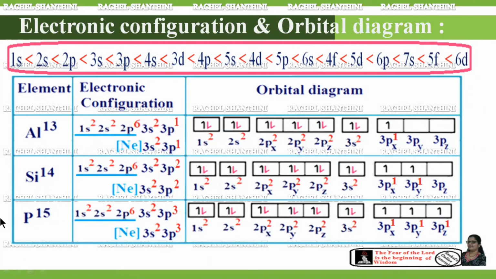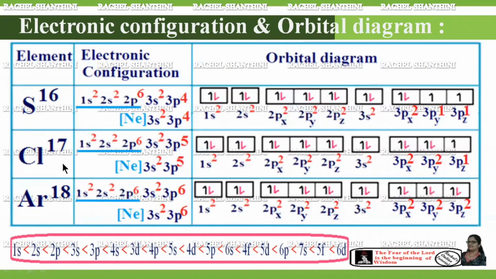So here in this slide, I have given the electronic configuration of aluminium, silicon, and phosphorus. If you look at the electronic configuration of these 3 atoms, you could see the 3p orbitals are progressively occupied. So in this slide, I have given the electronic configuration of sulfur, chlorine, and argon. While filling up the electrons in 3p orbitals, that is the degenerate orbitals, you have to remember Hund's rule